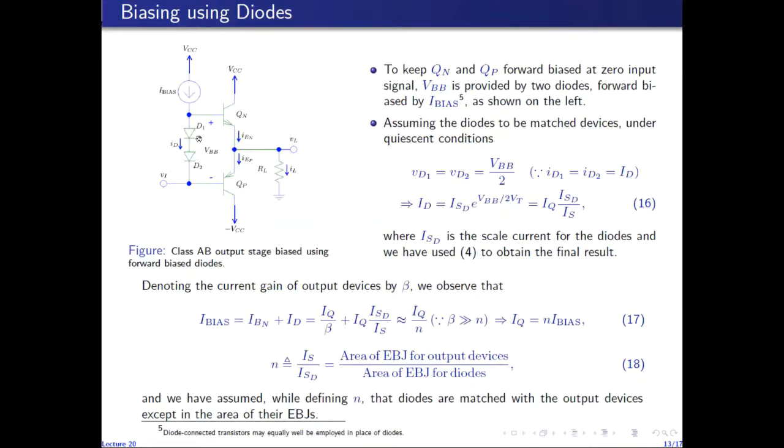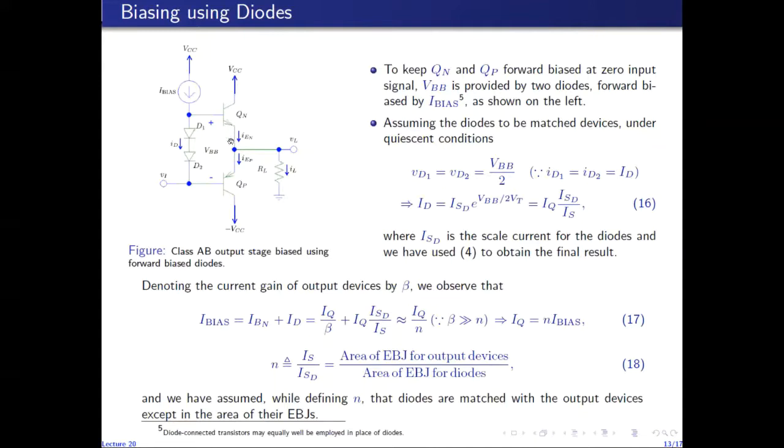So when the forward bias voltage of the diodes is reduced, VBB will decrease. The decrease in the base-to-base voltage will reduce the base-emitter and emitter-base voltages of the output devices, which will reduce the collector current conducted by the output devices. So this provides a negative feedback mechanism, and it tries to counter the increase in the collector current due to